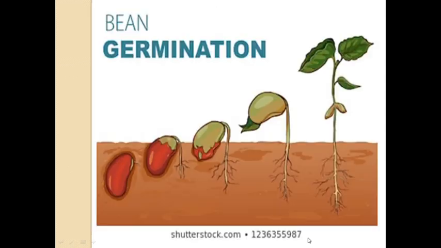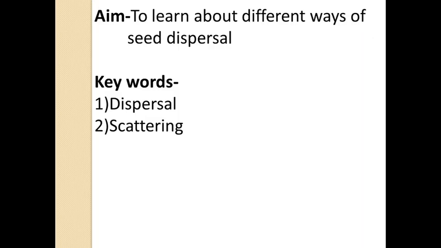Understood the germination process? So here is the diagram. If you want to draw this diagram, you can draw from this slide. You can take a screenshot and then draw in your notebook. The only thing is that you have to write each and every stage name, like I have done on the board. Stage 1, 2, 3, 4 and 5. Understood session 2 revision? Then session 3.